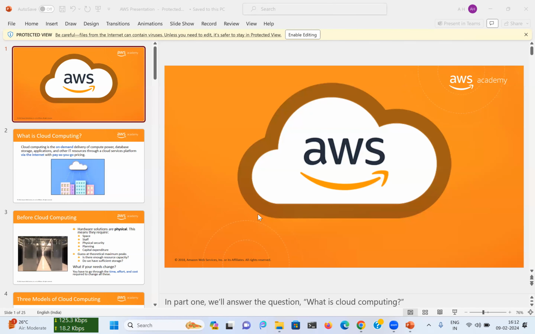Hey guys, so let's continue with our AWS journey. As we already know, AWS is a cloud platform that provides services on a rental basis, like compute services, network services, storage services, and database services, managed Kubernetes services and container services. All those are provided by the AWS cloud.